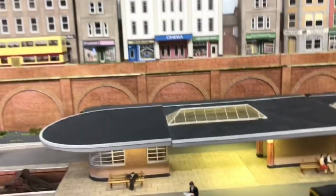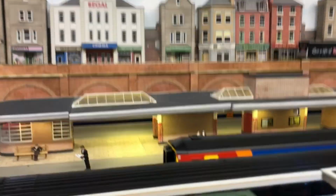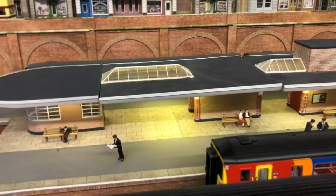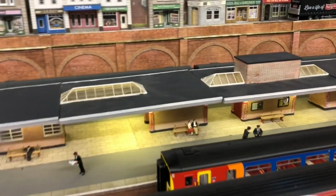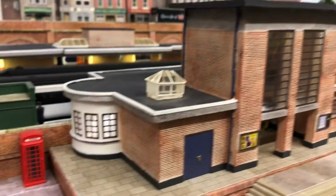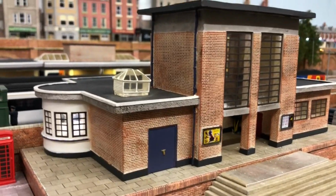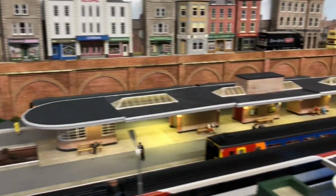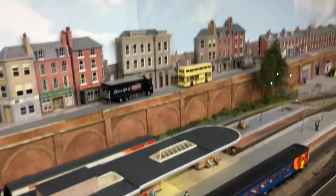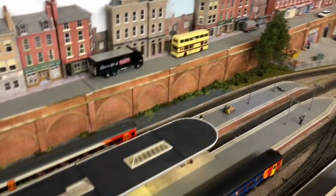So if I go down here, you can't see them at all. These are in warm white, not cool white, which I think gives quite a nice effect. And the station also has some LEDs in as well, fitted those. I've not done all the platform lights yet. I've still got to get some more. Well, I have got some more now to do,